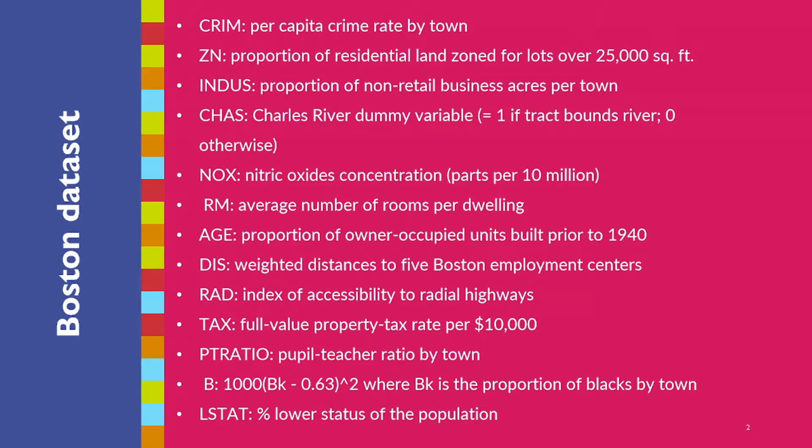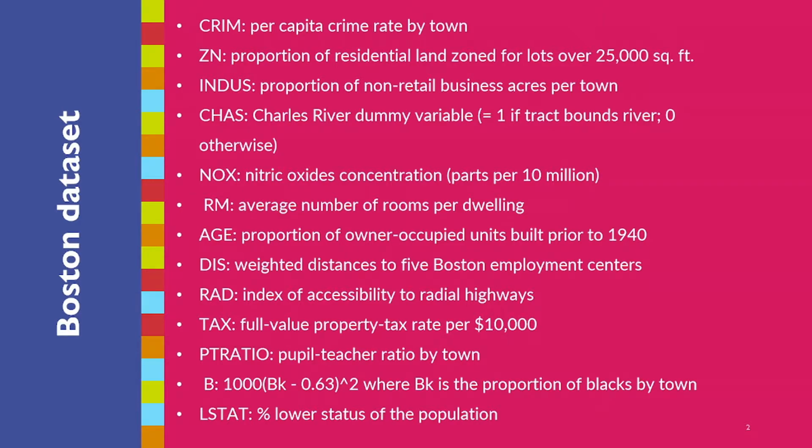feet, INDUS, which is the proportion of non-retail business acres per town, the Charles River dummy variable equal to 1 if the tract bounds the river and 0 otherwise, the nitric oxide concentration, the average number of rooms per dwelling, the proportion of owner occupied units built prior to 1940, weighted distances to 5